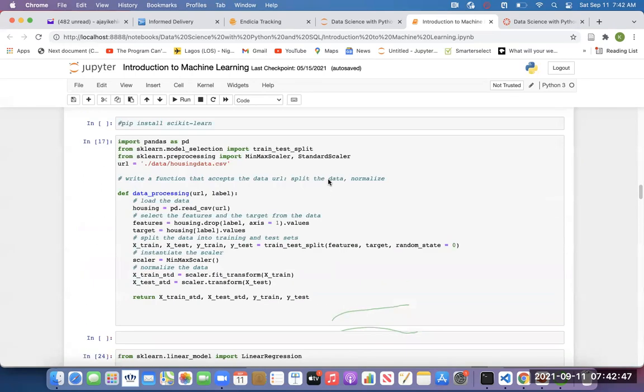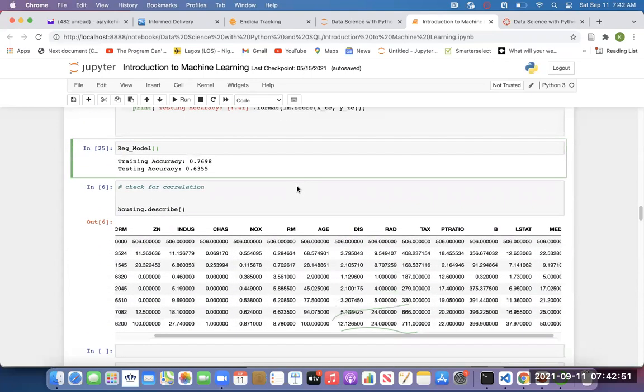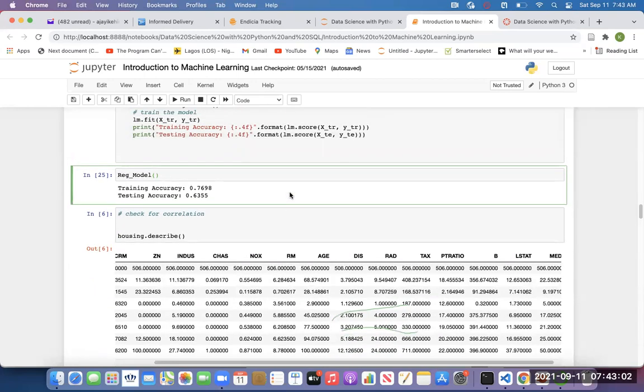Look at the data we're using. When we checked the data, the training was about 300 and the testing was about 120 something. So the data is small, so we should expect that the model will overfit. If you remember, we said that when the model is too complex compared to the data, then that model is likely to overfit. So that means the model is more complex than the data.